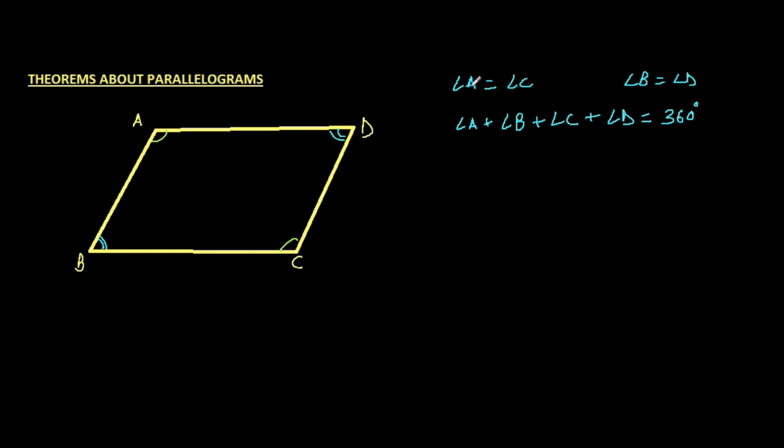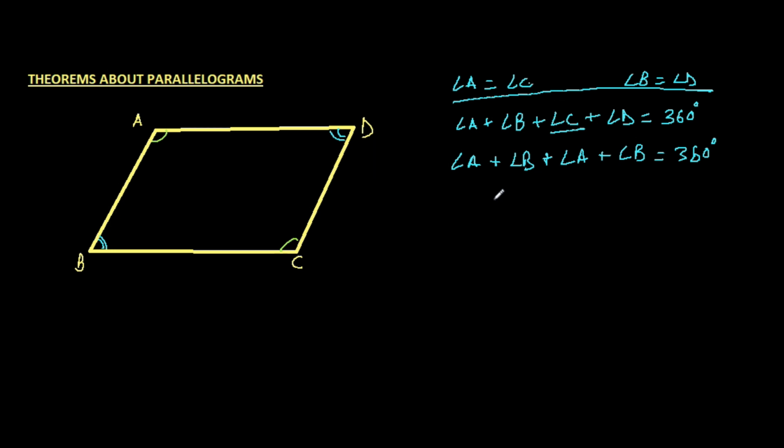Now using this, if angle C is equal to angle A, then I can substitute the value. Instead of angle C, I can use angle A only, and instead of angle D, I can use angle B. So I can rewrite this as angle A plus angle B. Now substituting the value, instead of angle C, I'm going to write angle A again, and instead of angle D, I'm going to write angle B again. That is going to be 360 degrees. No dispute about that because we have already been given this. So we have just substituted the values. We haven't done anything else.